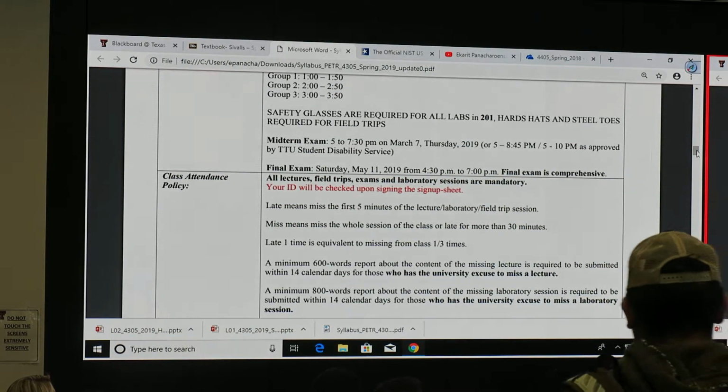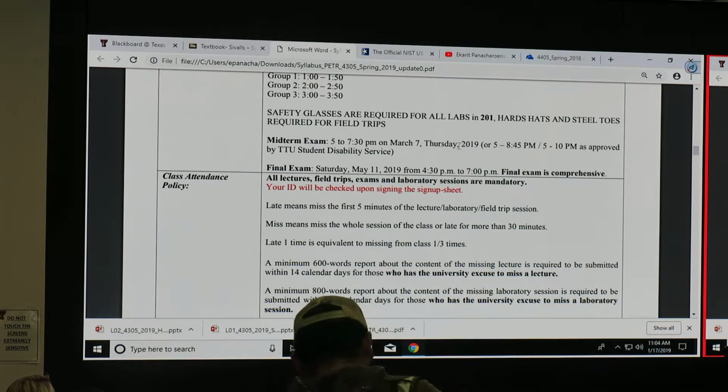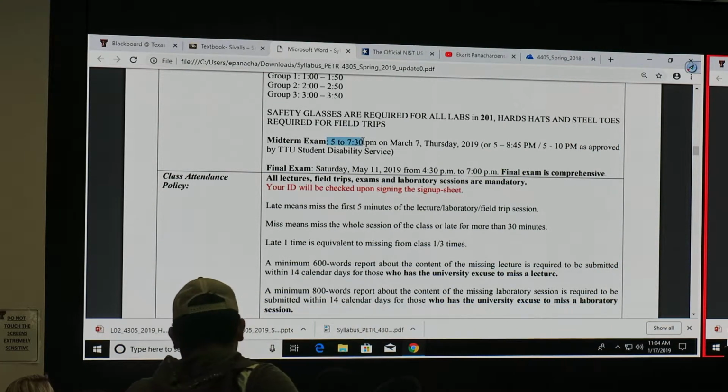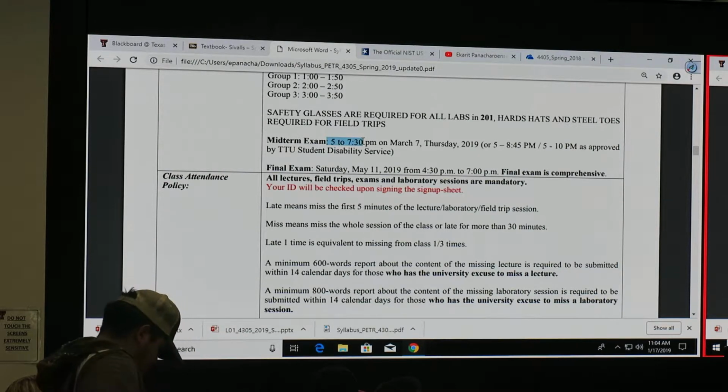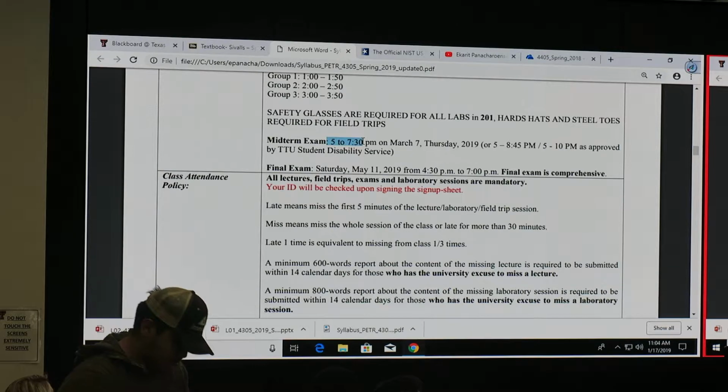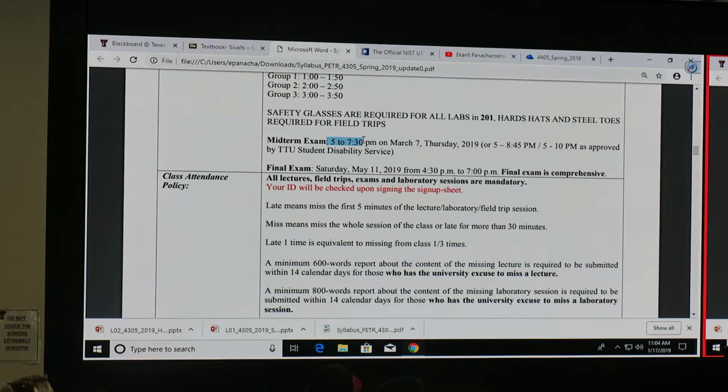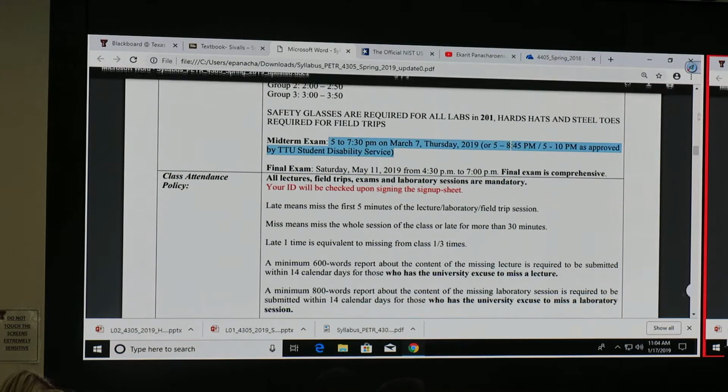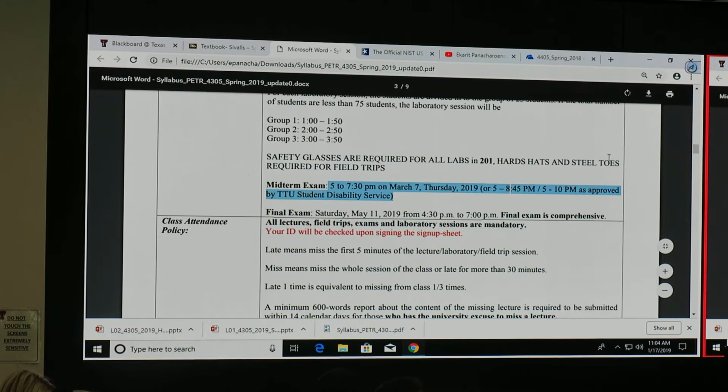Midterm exam. We have a midterm exam and a final exam. The midterm exam is 2.5 hours. If you have an SBS request, make your request to get double time or 1.5 time. And we have the final exam on the final exam date that the university sets for us. I don't know the room yet. For the midterm exam, I think I get a bigger room, 110 downstairs. We will tell you the room later. The final exam is comprehensive from the start to the end, right?